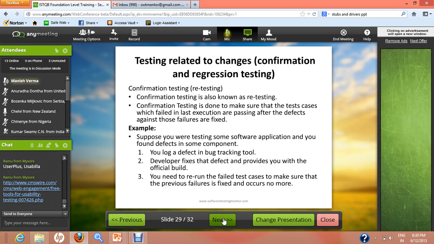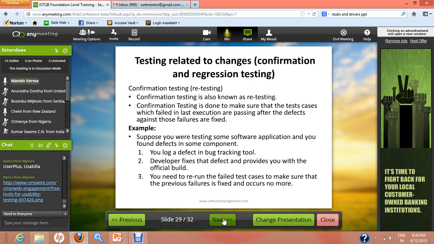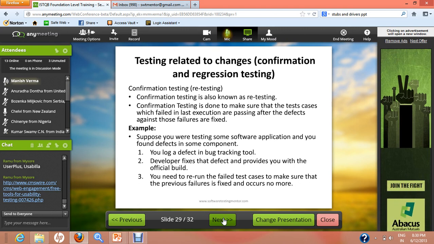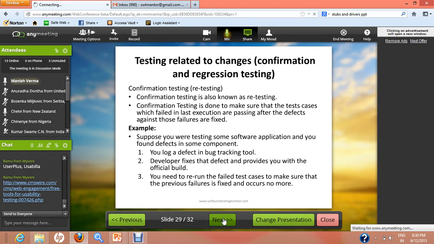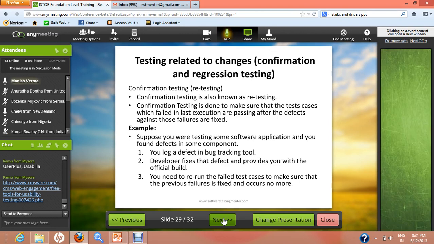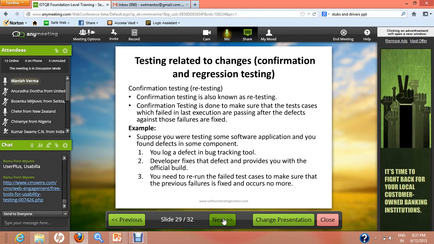All right, then comes testing related to changes. So testing related to changes, there comes confirmation testing and regression testing. Confirmation testing is also known as retesting. In confirmation testing, what you do is you make sure that the test cases that failed previously, when you executed them,